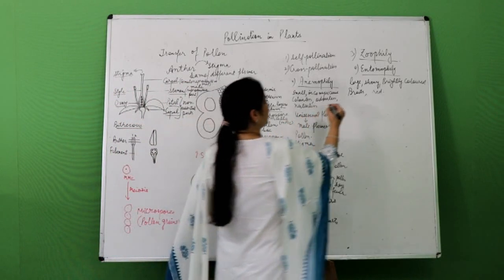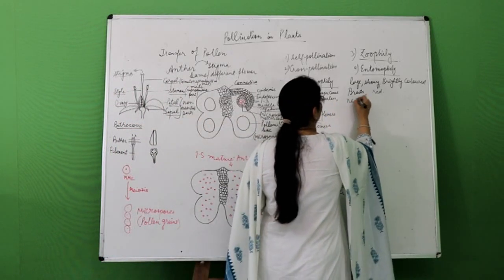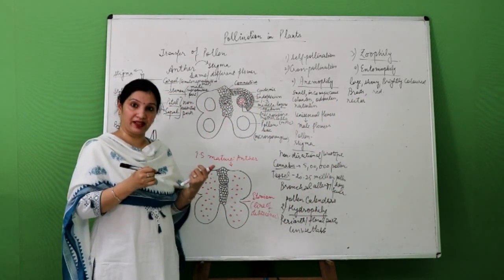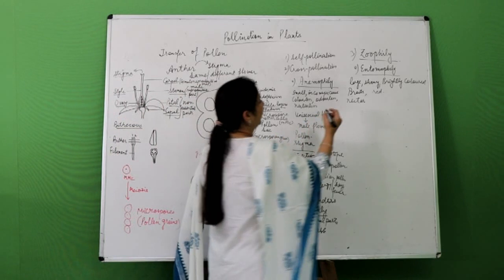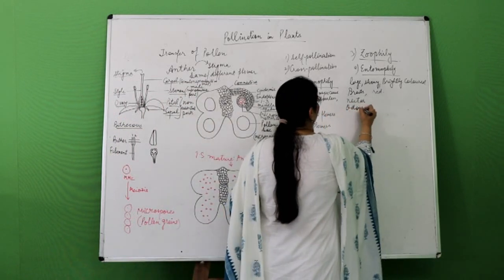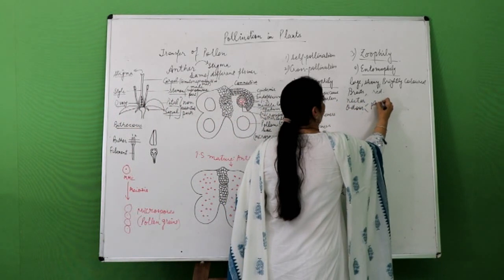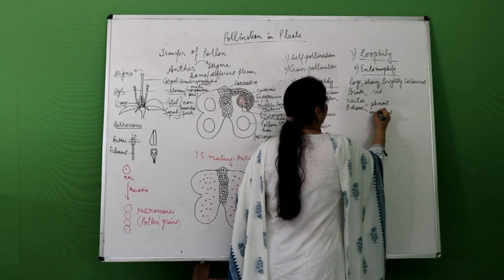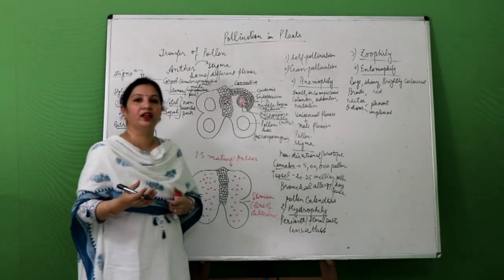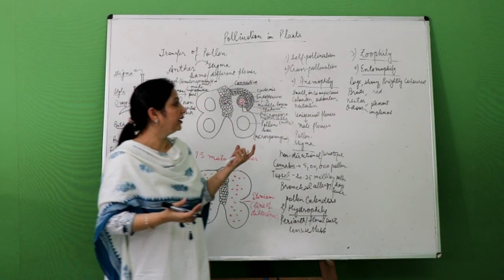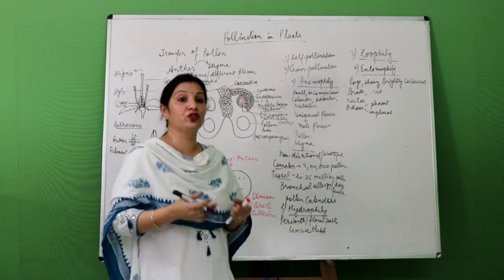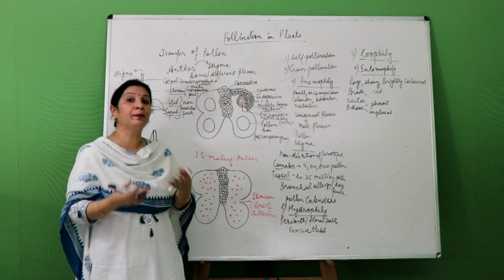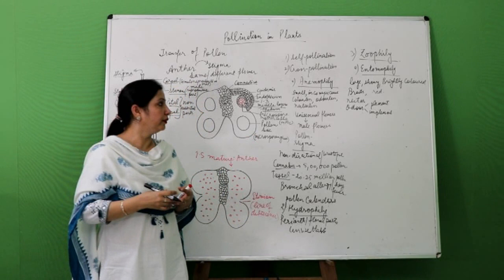Then some of the important features are that these flowers produce nectar. The insects will visit the flowers for nectar, right? Then they will have some odor. It may be a pleasant odor or an unpleasant odor. Pleasant odor, as in the case of Raat Ki Rani or jasmine, and in some cases there is an unpleasant odor as well which attracts the insects, as in Aristolochia or Rafflesia. There is an unpleasant odor which attracts the insects, right?